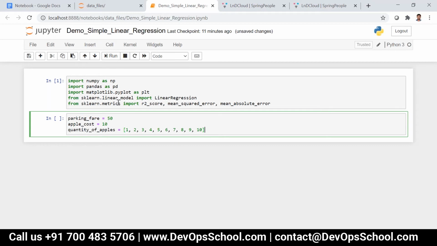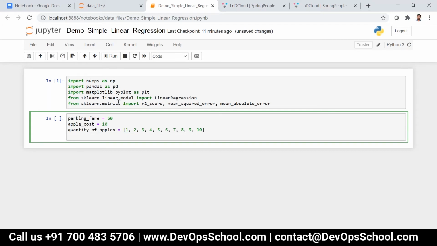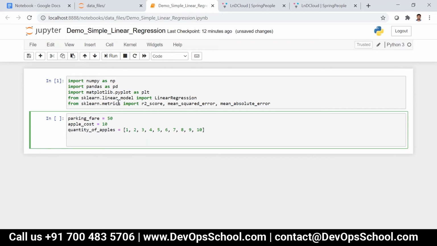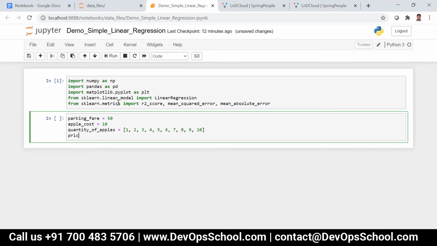Now how much will you be spending when you come out of the fruit shop and come to the parking lot? Price is equal to, if you have purchased one apple, 1 into 10 plus 50, so 60 rupees would have been spent.